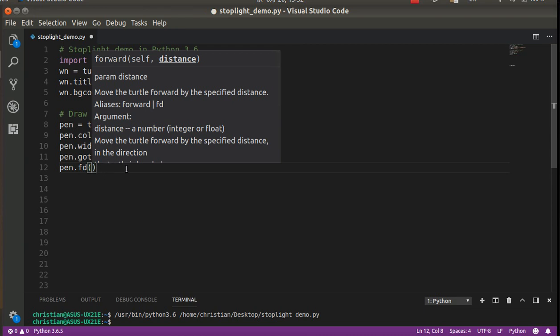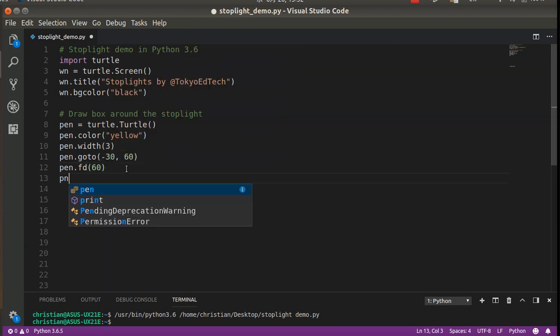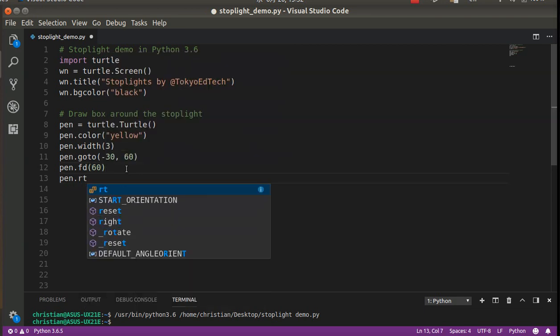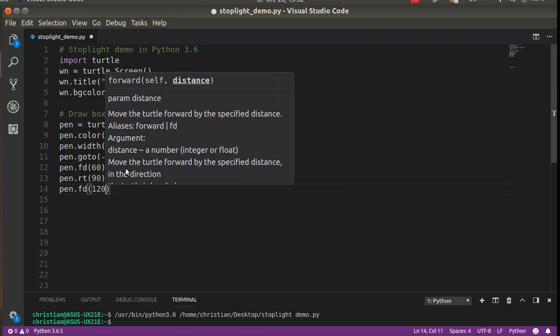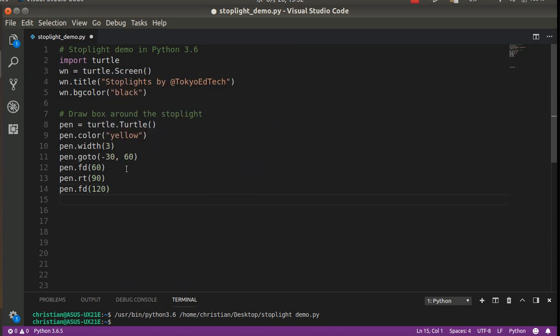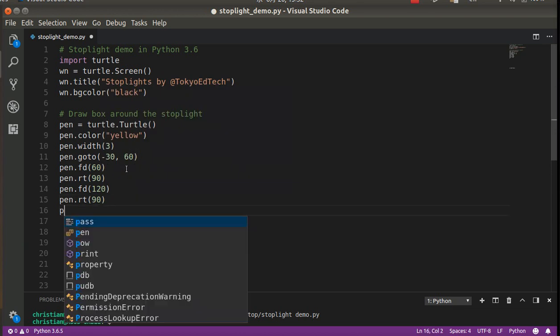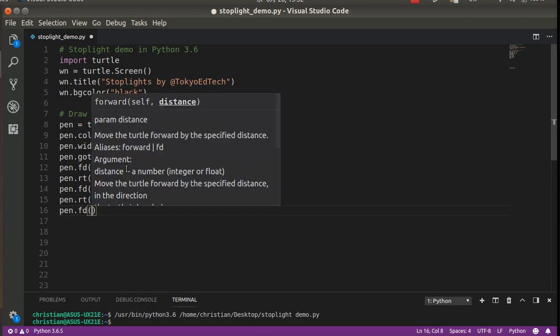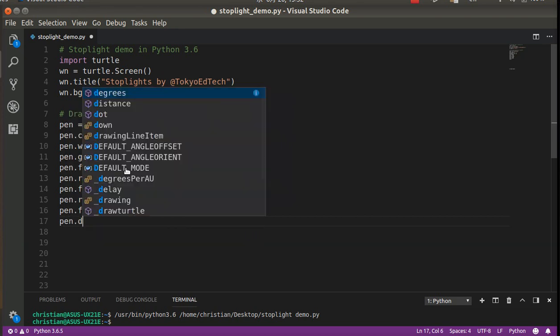So I'm going to go forward 60 pixels, and then turn right 90 degrees because we're going to have square corners. I'm going to go forward 120, and then pen.rt 90 again, and then because now I'm drawing the bottom, I think it's 60. pen.rt